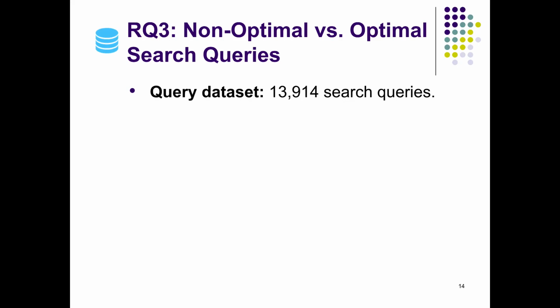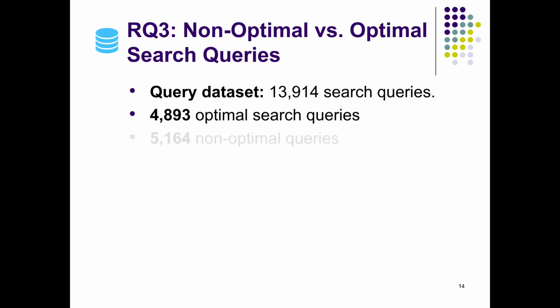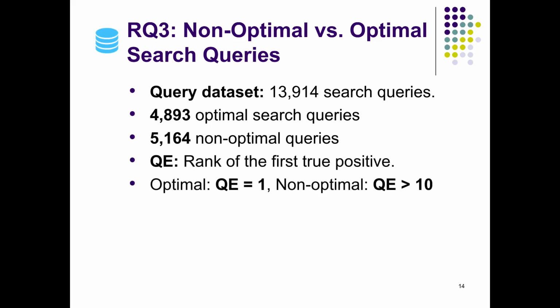And this is the dataset that we used. So we used more than 13,000 search queries, around 5,000 optimal search queries and around 5,000 non-optimal search queries. And when I say optimal query, that means the query can return the buggy code at the topmost position. And if the query cannot return the buggy code within the top 10 positions of its result, then that query is considered non-optimal. So what we did, we collected 31 different properties, linguistic as well as syntactic properties,